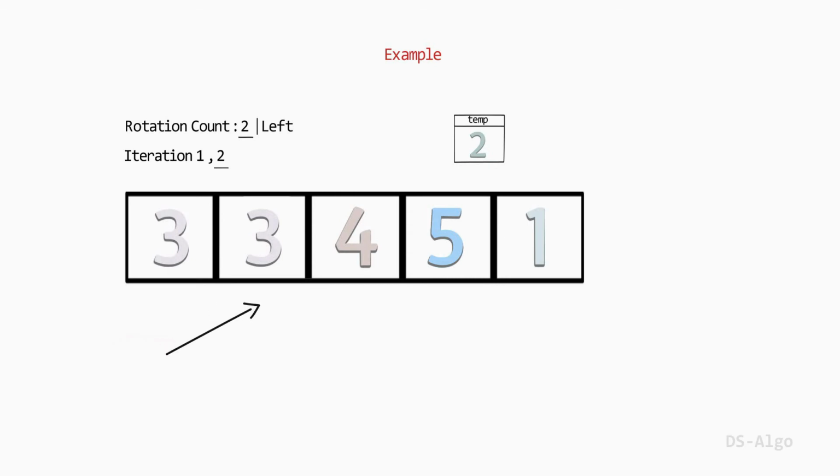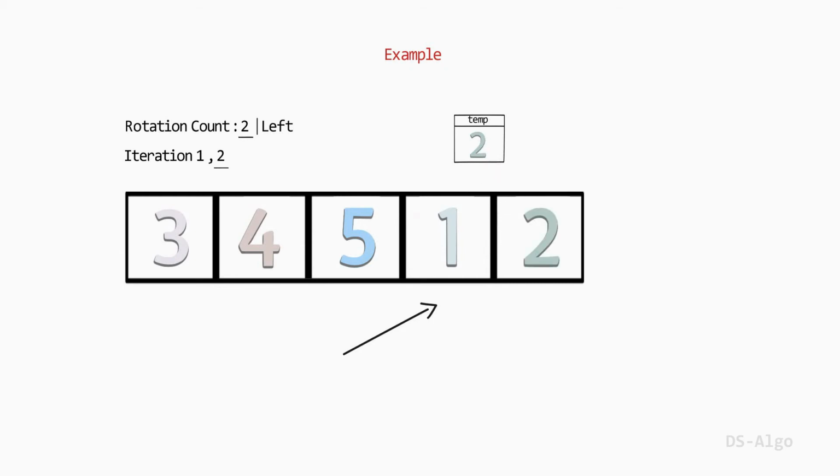Now repeat the same step until we reach the n-1 element. As we reach the n-1 element, so update the last position with the temporary variable, that is 2. As we can see, the iteration of second rotation has finished. Finally, after performing 2 iterations, the array is rotated by 2 positions towards the left direction.